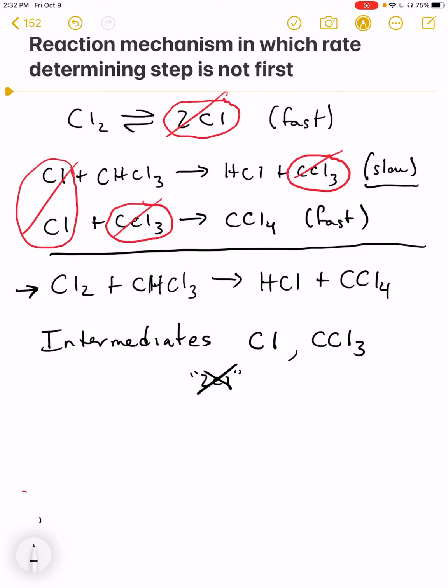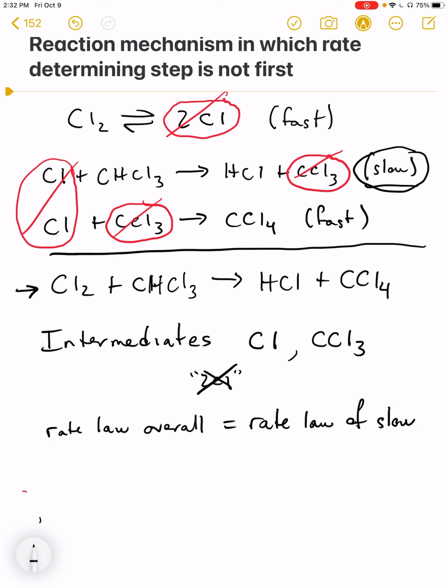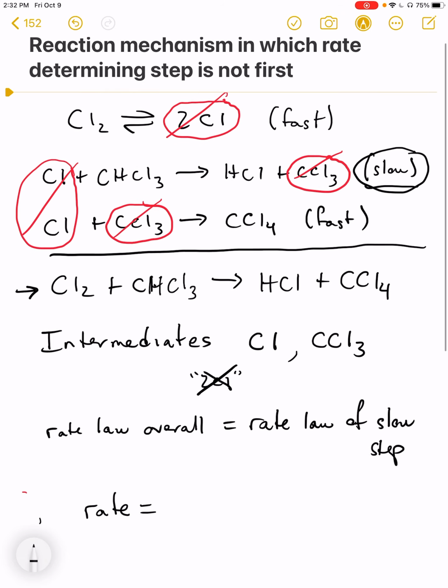Now we can predict a rate law for the reaction. And a rate law is predicted from the rate law of the slow elementary steps. So we can start by writing the rate law. And the rate law of the overall reaction is going to be equal to the rate law of the slow, or rate determining, elementary step. So in this case, that would be step 2. So to write that rate law, the rate law of that elementary step